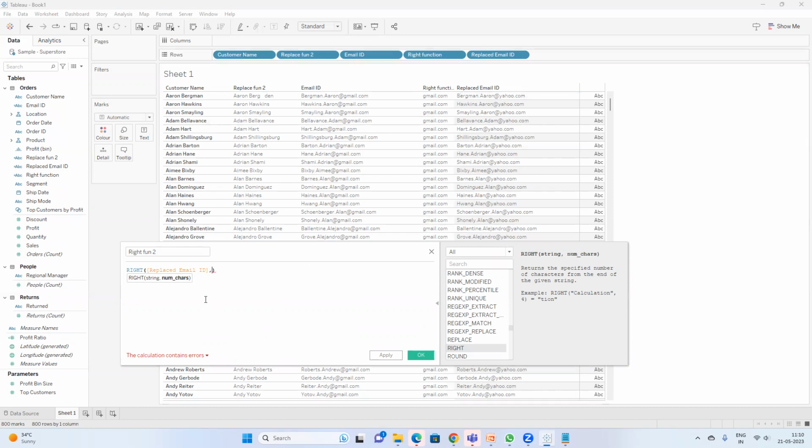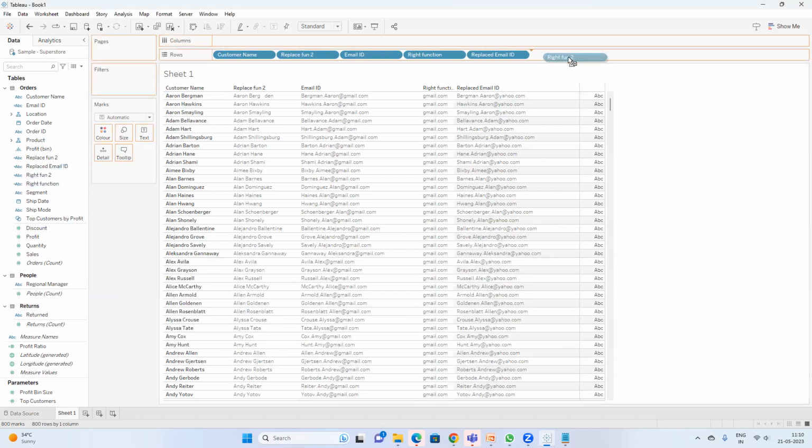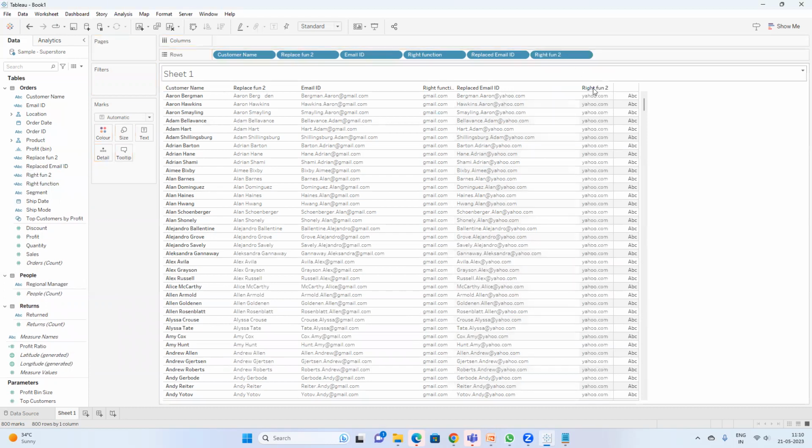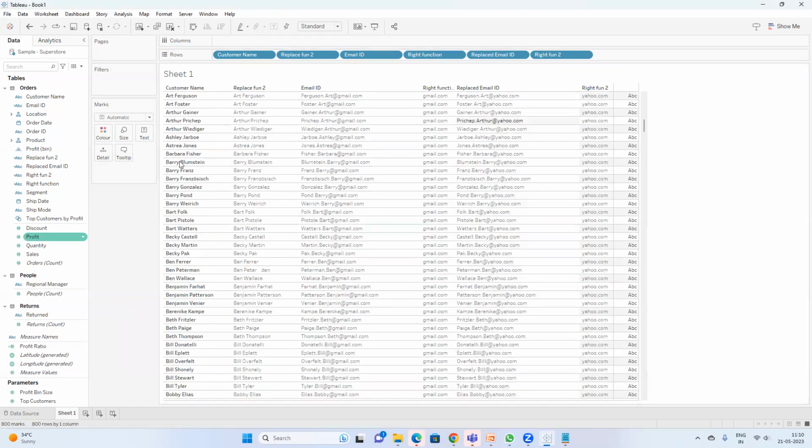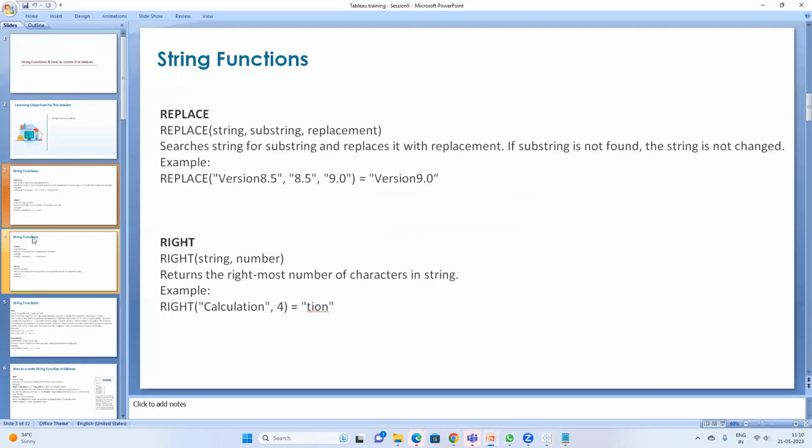So here also you need 9 letters. So mention that 9 and say OK. And put this next to the replaced email ID. So you can see yahoo.com. This way we can get the information of what email ID it is. So that's about the right function